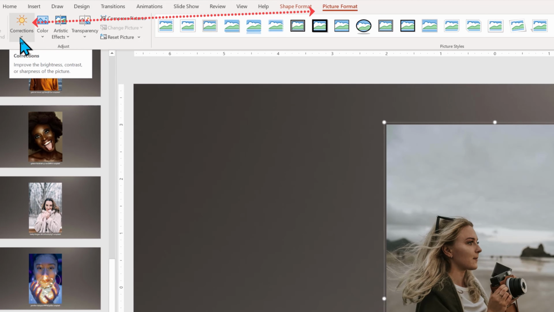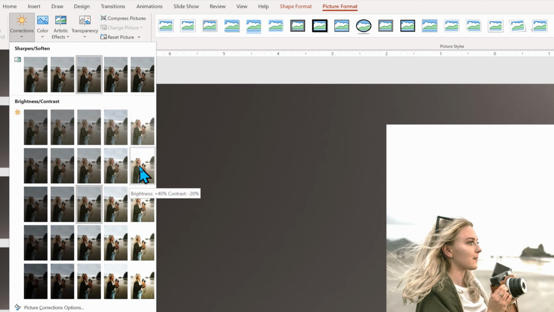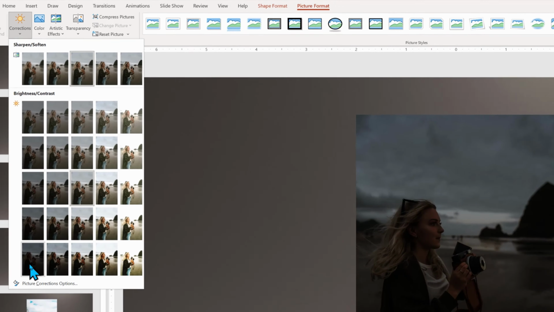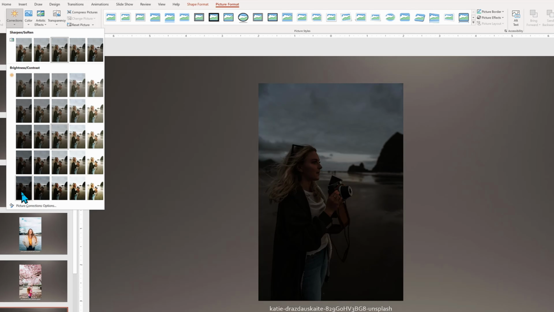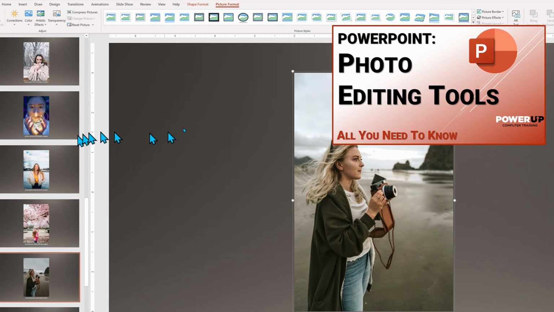From there, you can select corrections and adjust both the brightness and contrast in combination. For non-photographers, the concept of brightness and contrast relationship may be hard to understand, but the newer versions of PowerPoint will let you visually see the differences so that you can pick the look that seems right to you.